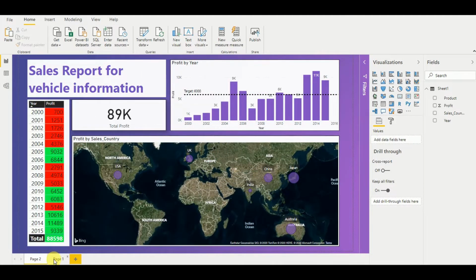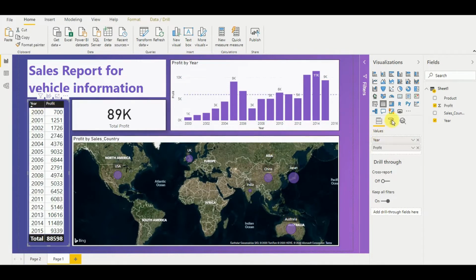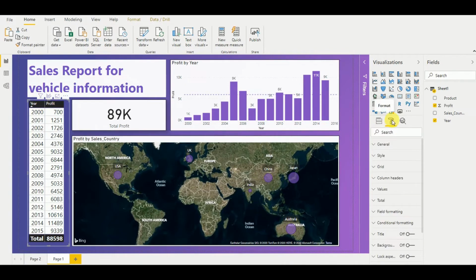I'm going to the same dashboard as on the previous page, without conditional formatting on this table, and I select the table here and then go to format. Under format there's a section called conditional formatting.